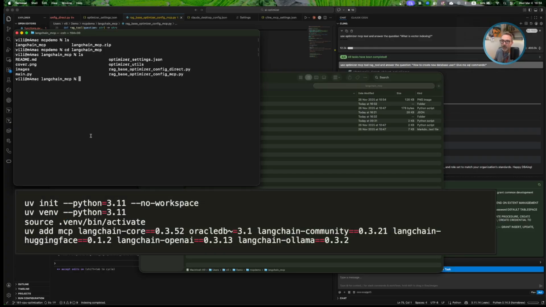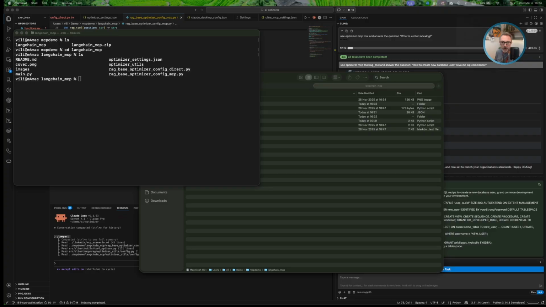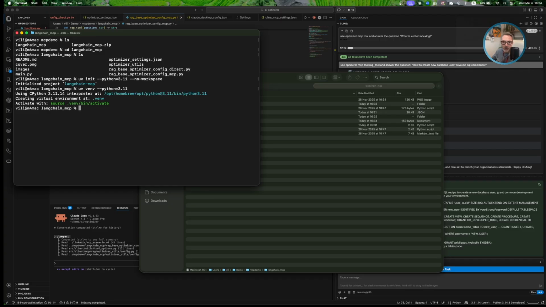Okay, so now we can run the commands. First, initialize with uv init, but not creating a workspace in the first step. Next is to create the venv environment, and we need to activate this environment.